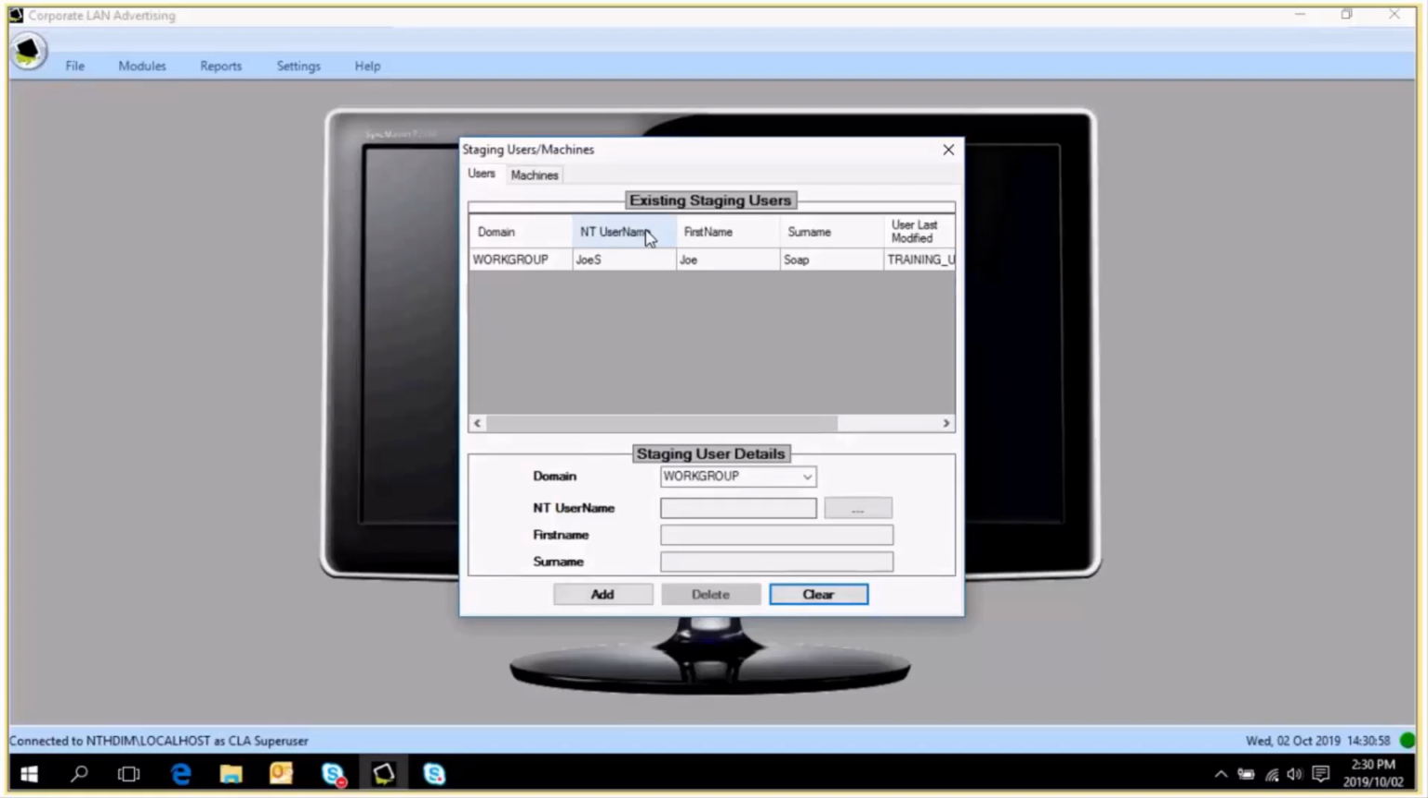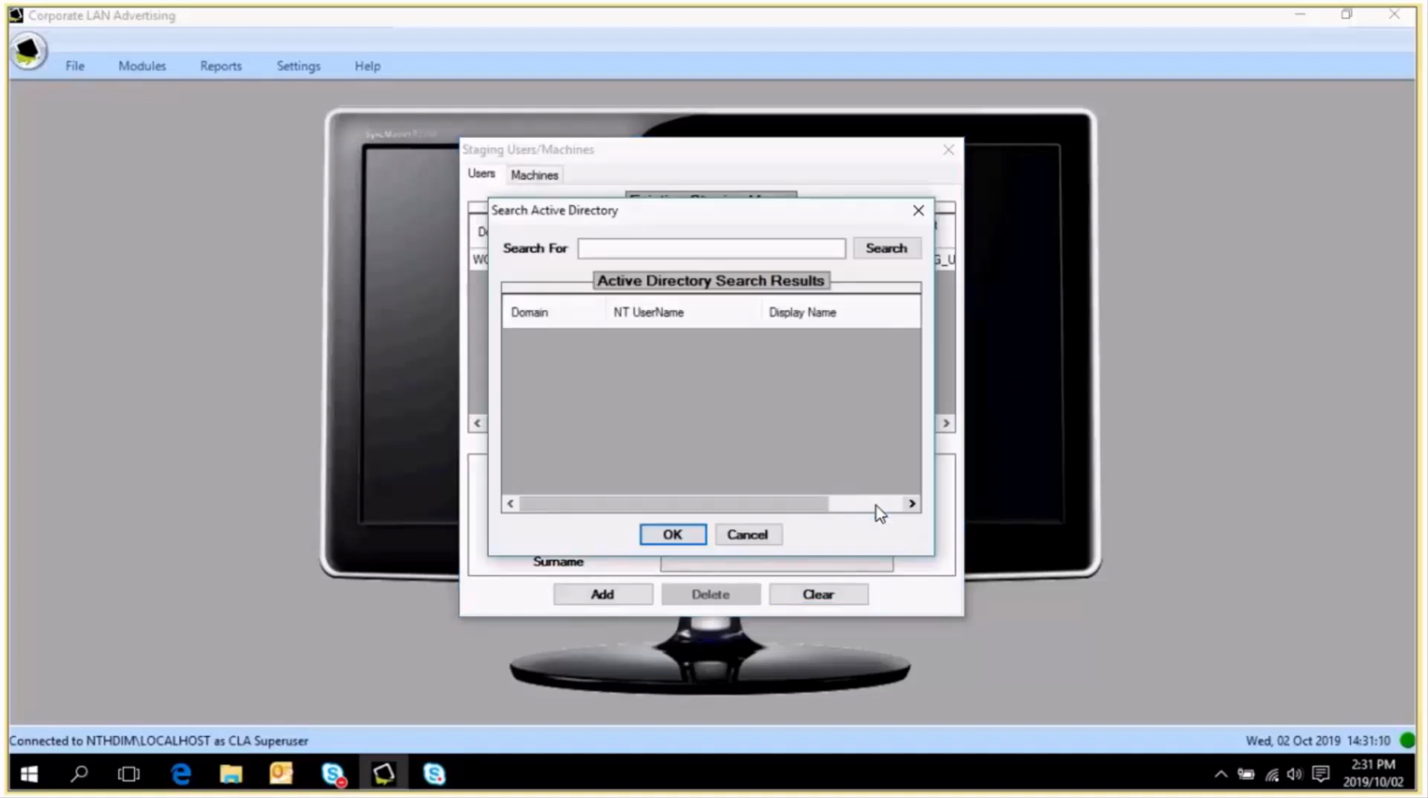To add a user as a staging user, could be yourself, it could be a temporary staging user that is required to approve a certain campaign, you would simply click on those three little dots. In the search for, you would just type in part of the person's name, click on Search, and then select that user from the list that you're presented with,